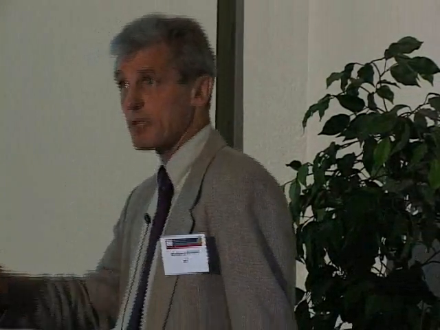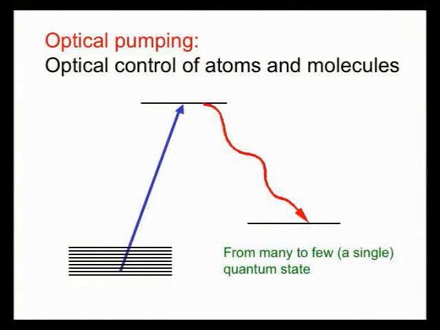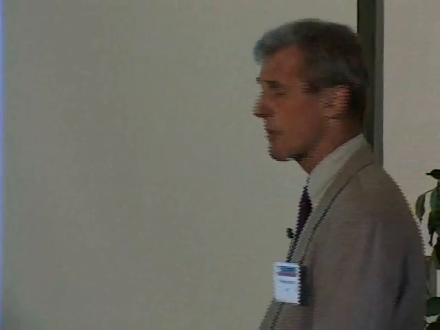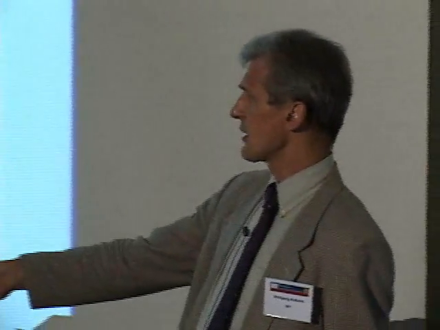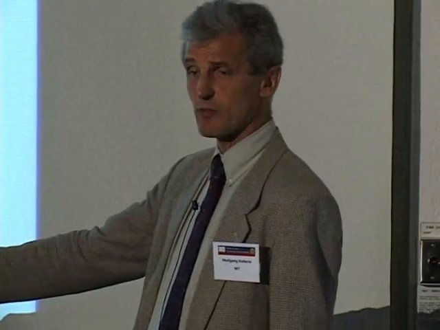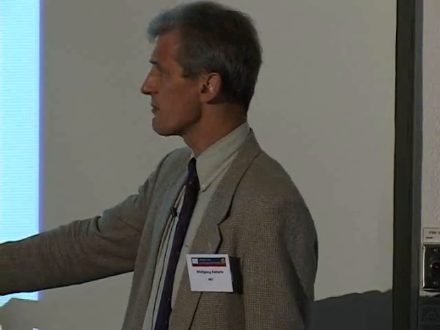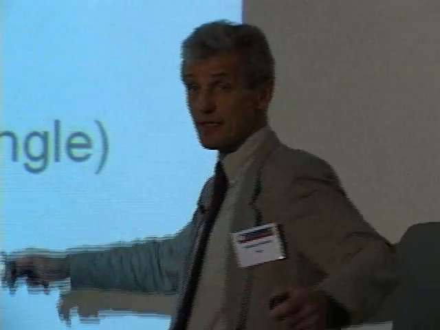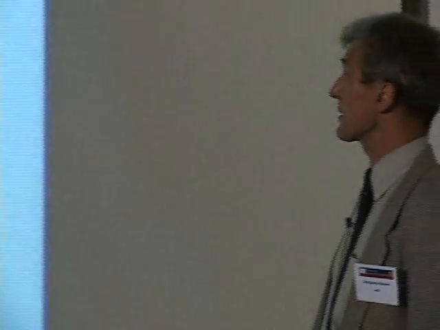And generically, the way we can optically control matter is through optical pumping. By using optical excitation, we can make atoms and molecules go to quantum states which have not been populated before. And a different quantum state means the atoms and molecules have new properties. But what is important is we may actually have many initial quantum states, and all the atoms in all these many states, if you use sufficiently broadband light, wind up in a single state. So that reduces entropy, that takes atoms from many states into a single state.